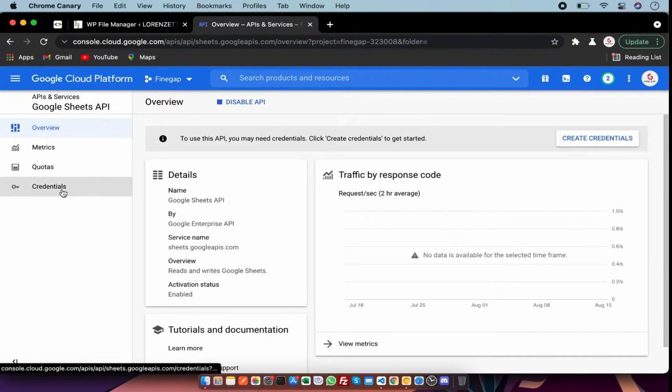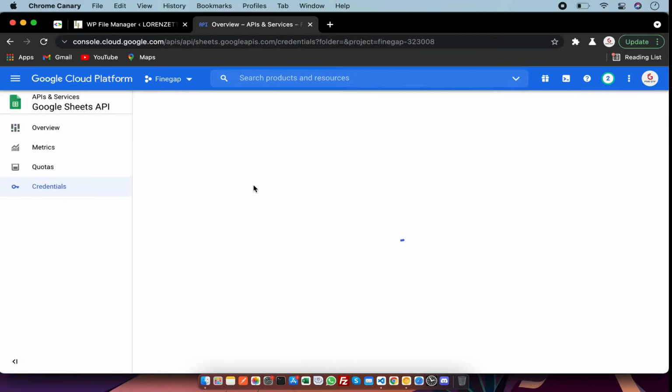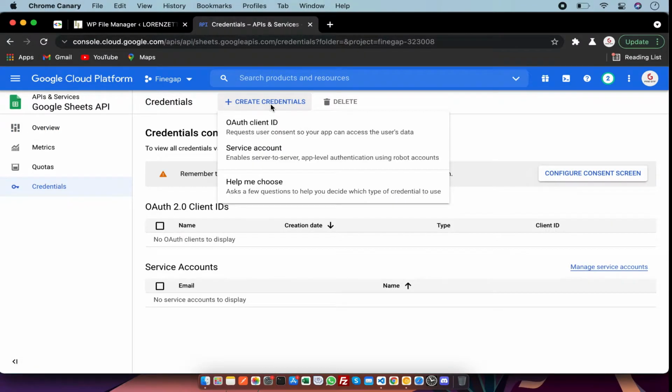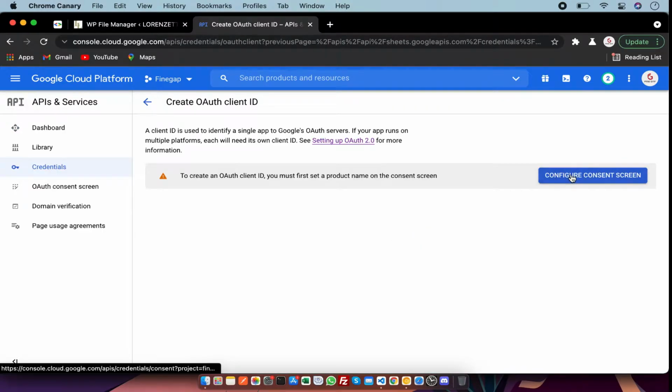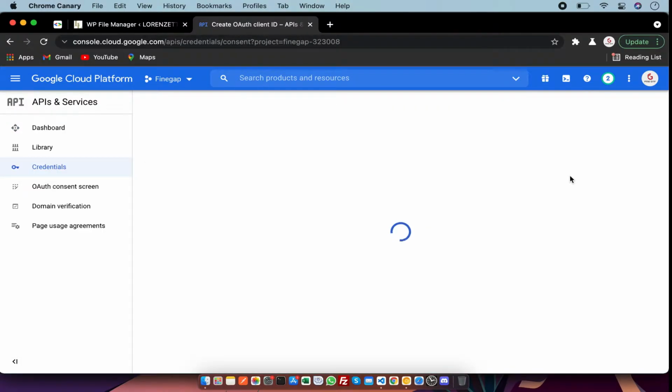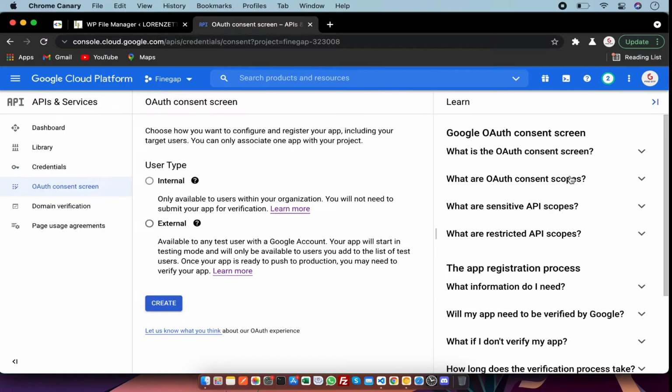After that you need to go to credentials and you have to create a credential. First of all OAuth client ID. You have to hit this button and proceed through all the procedures. You have to hit the create